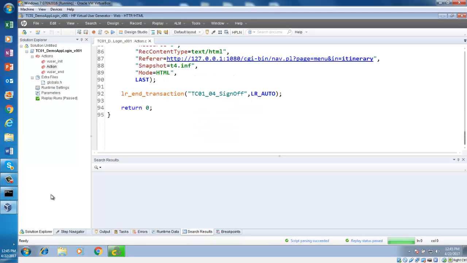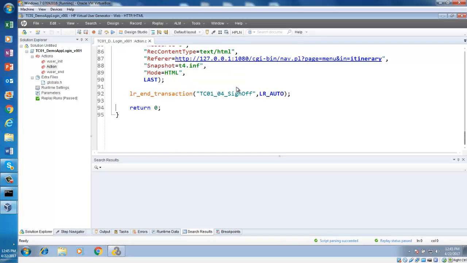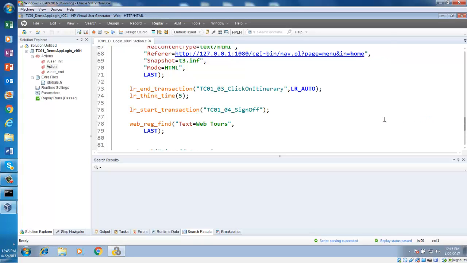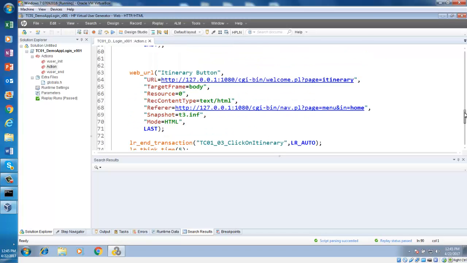Around 15 minutes. Yeah. Now in this script, let's see. Oh yeah, this is the right script probably. So what is the name of the script? Demo app login version 001.